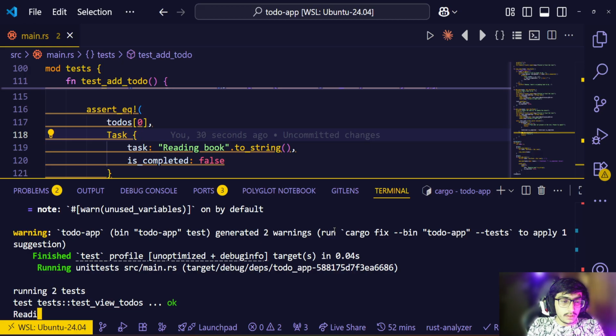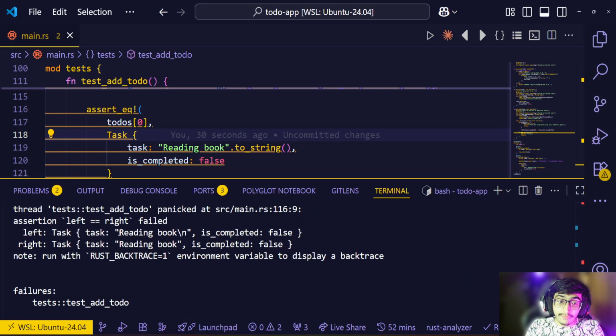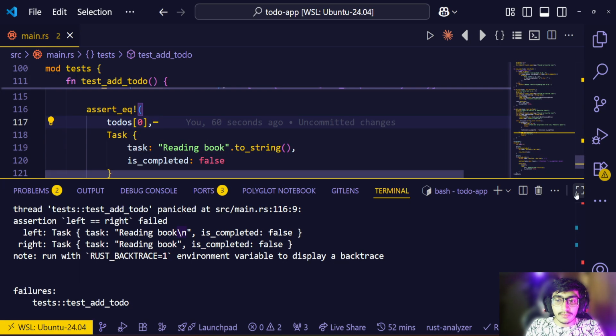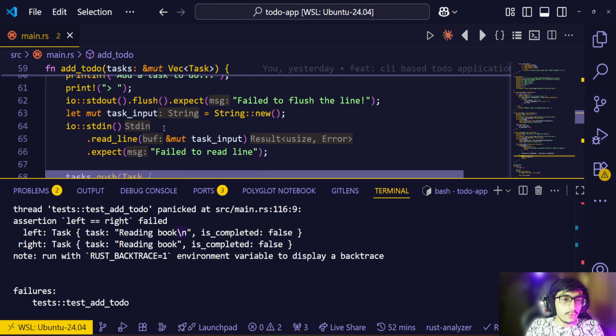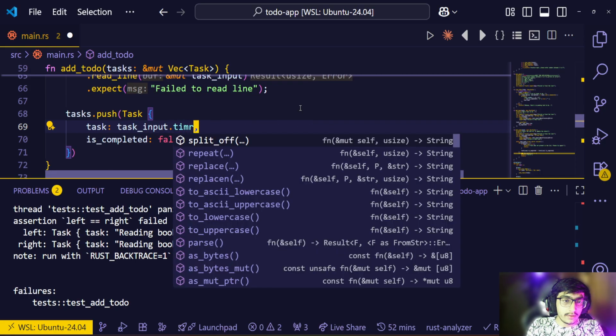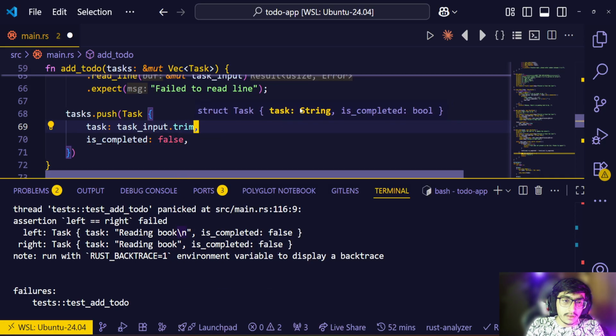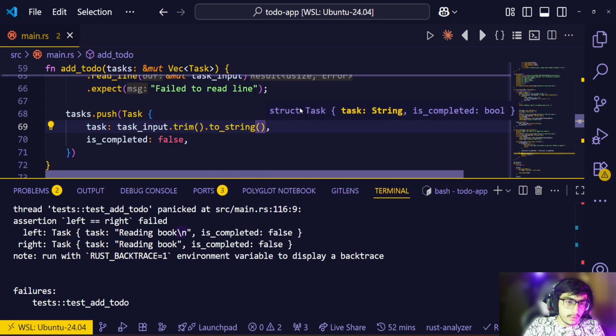Okay, so there you go. Task get failed. However, I have passed reading book, which you can see here. So what it's saying is that reading book and backslash n means there is something in the add todo function. Let's go into the add todo, and right here, task input. It's directly storing the task instead of trimming. So we can add trim_end dot to